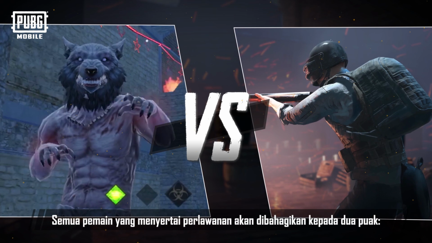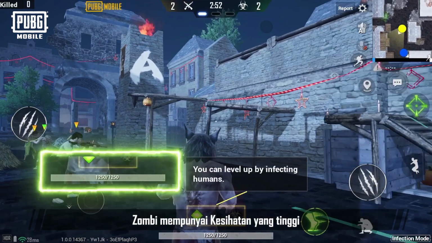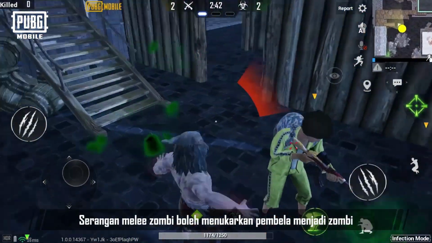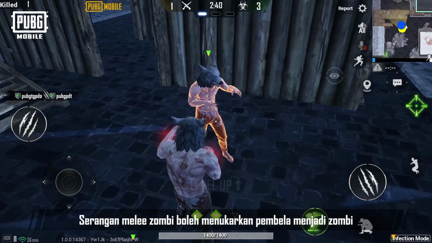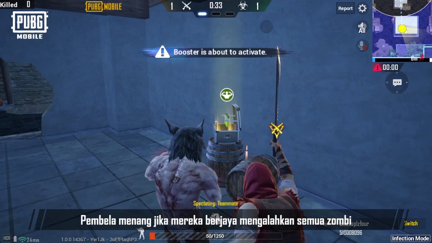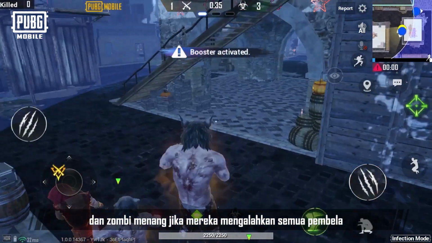All players who join the match will be divided into two factions: defenders and zombies. Zombies have high health and can attack with their claws and skills. Zombies' melee attacks can turn defenders into zombies. Meanwhile, defenders can defeat zombies with their firearms. The defenders win if they manage to defeat all the zombies, and the zombies win if they defeat all the